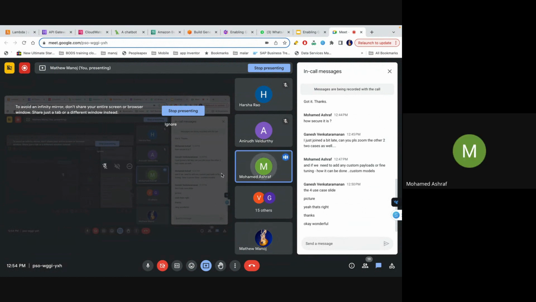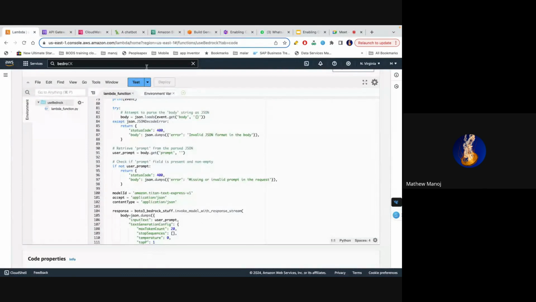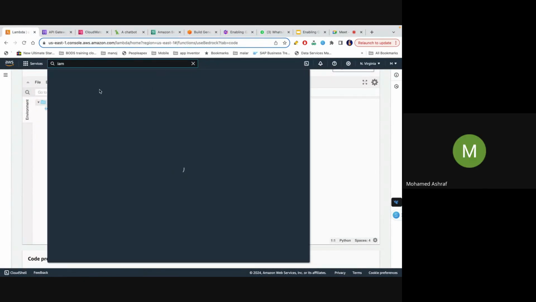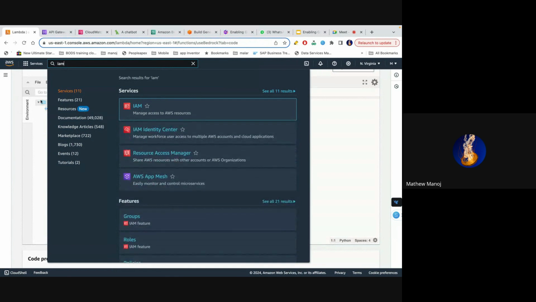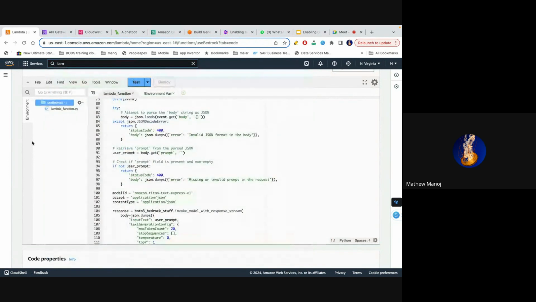And the security, how is the security done here? Okay. So there is also a service for that called IAM roles. That's the standard AWS thing, no? So that's how it is secure. You will be able to make sure who is accessing what for your Bedrock.